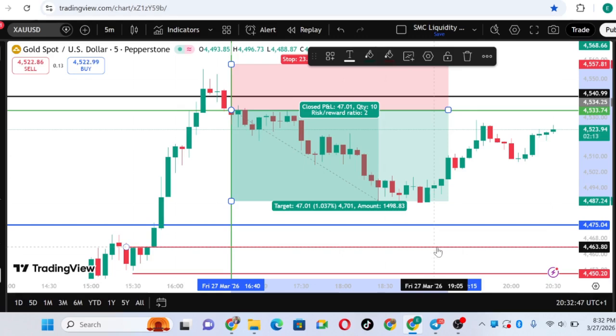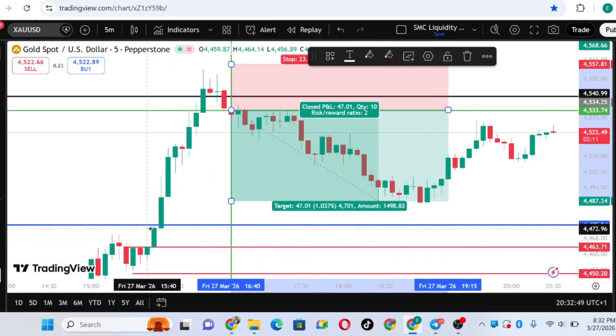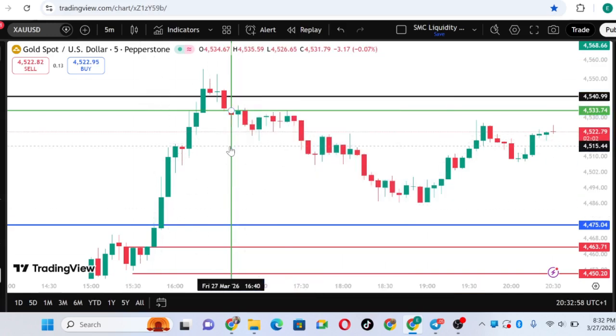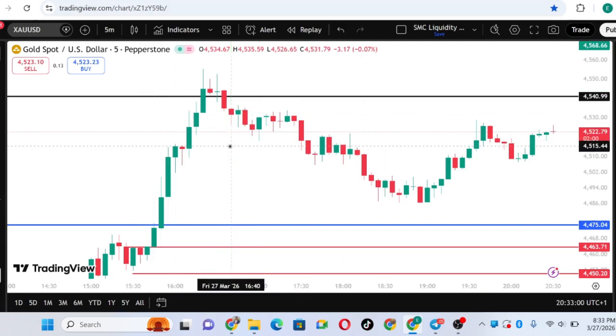Now, I want to show you people the trap. The first trap was these points. See this, you see these points? So this particular point here. Let me remove this. Look at this. Let me remove things that will confuse you. Let me remove most of the things that will confuse you.